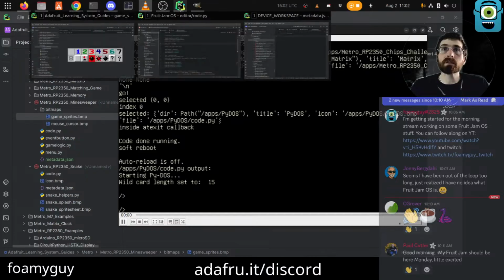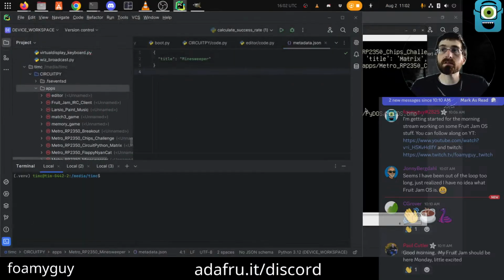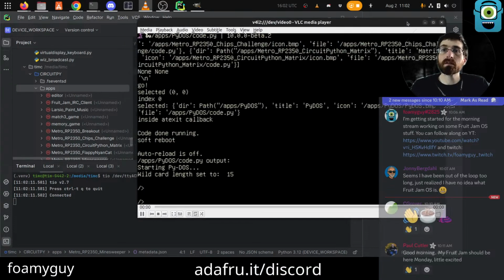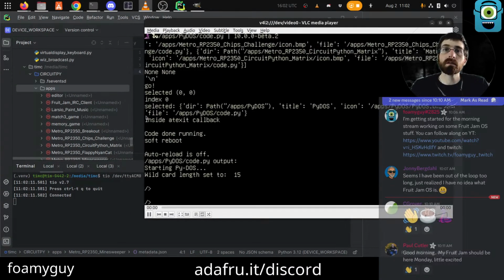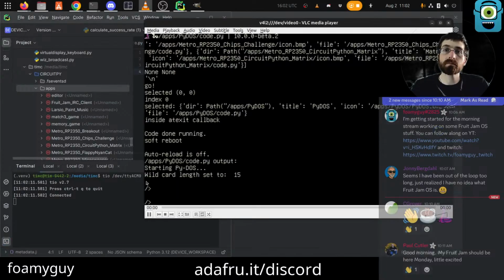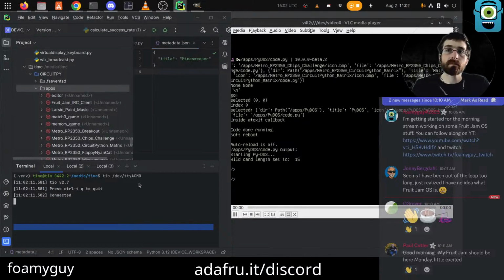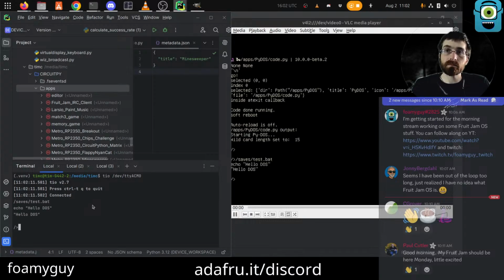Gonna cheat and go back to my real keyboard by putting the input in here instead. Nice.